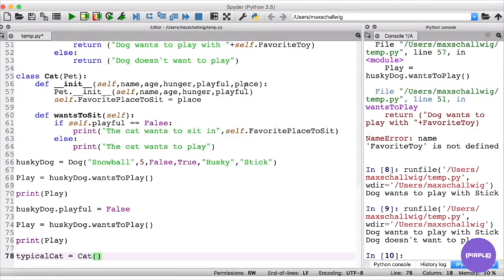And so the cat's name is going to be Fluffy, like this. And its age is going to be 3. And so we're just going by this line by line. Its hunger is going to be false. Its playful is also going to be false. And its favorite place to sit is going to be